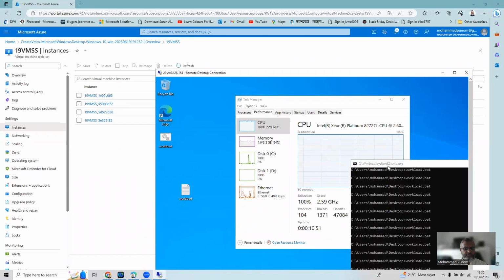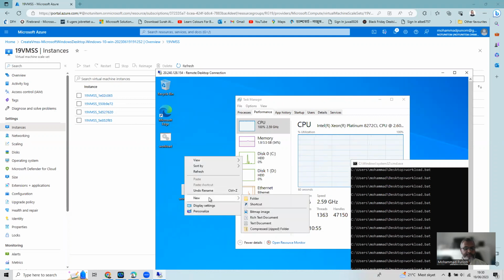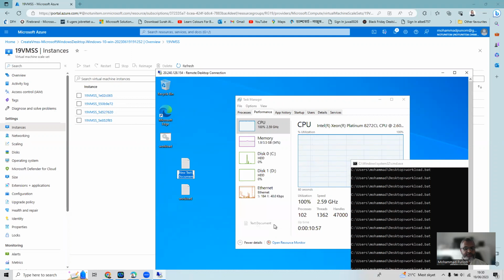And even if I need to create another text file like extra workload and open this one,